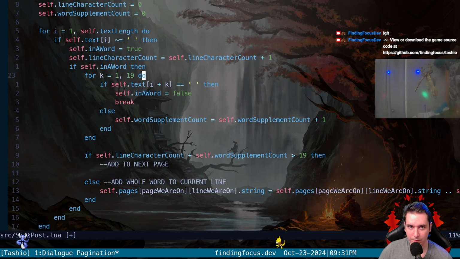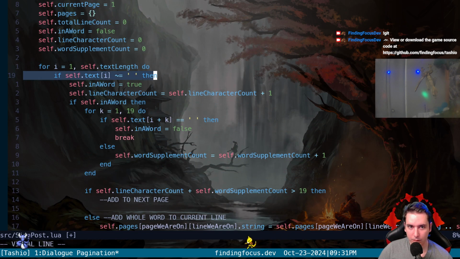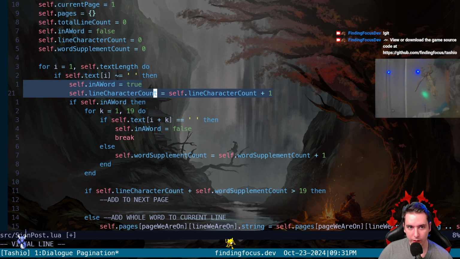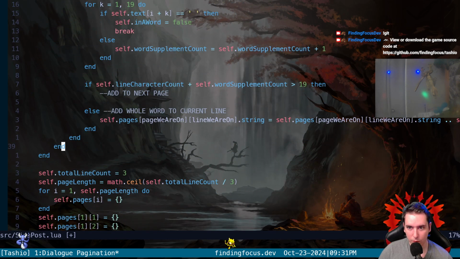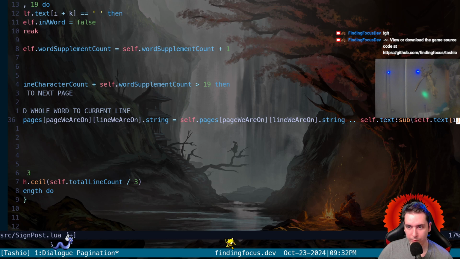Because as soon as we find a character that's not a space, we're in a word, and that's what kicks off this whole condition. So once we find the start of a word, we do all this, and then we take our current string,